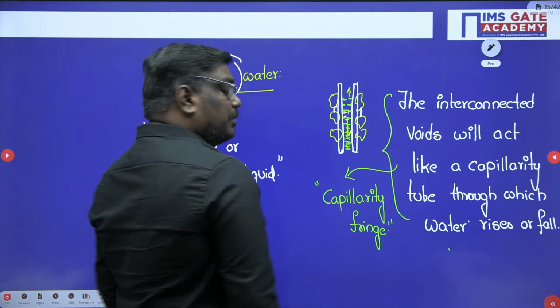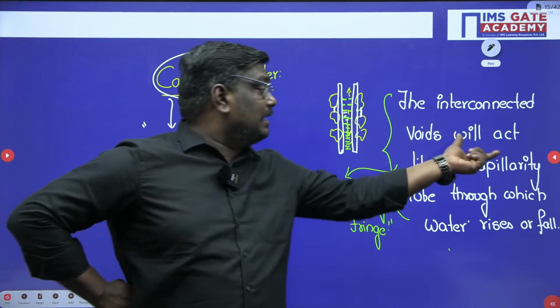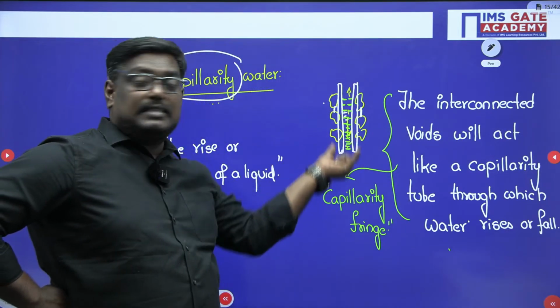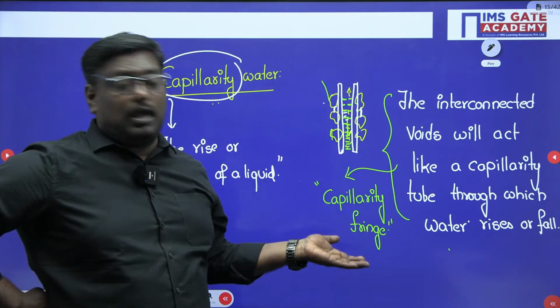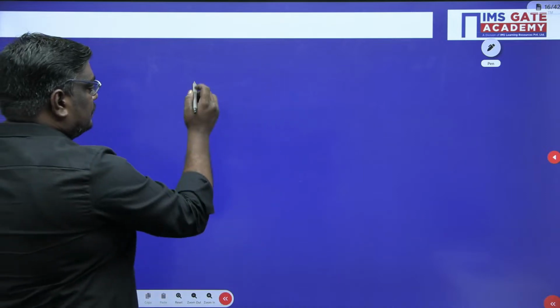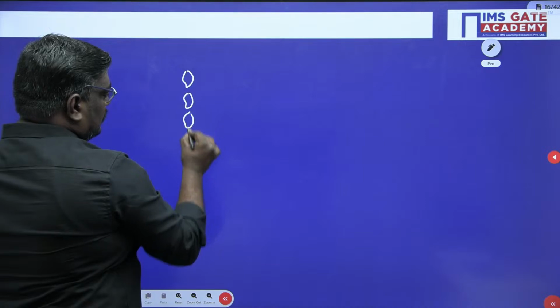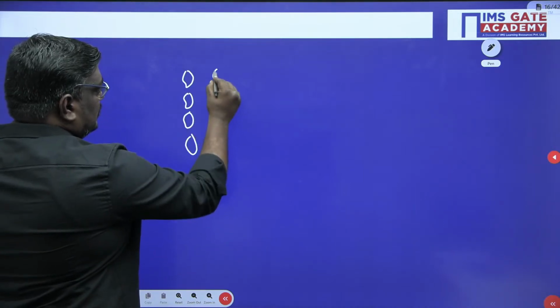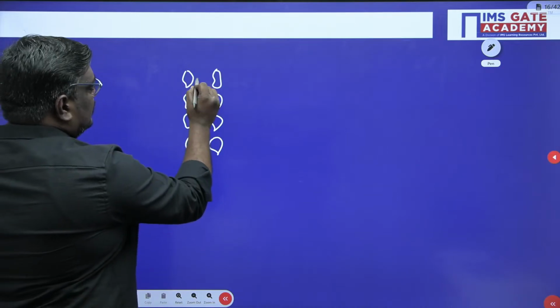They can ask you, what do you mean by capillarity fringe? It means the interconnected voids will act like a capillarity tube, and the water can rise or fall. Okay. Now see, students, if I consider this as the voids, and this as a void, and this as the water,